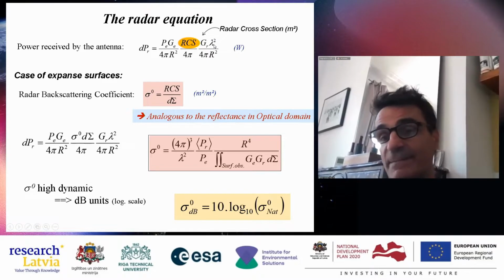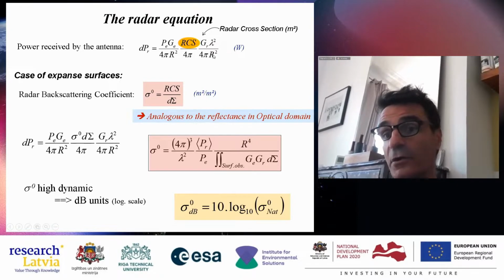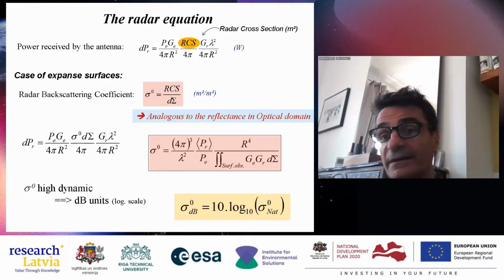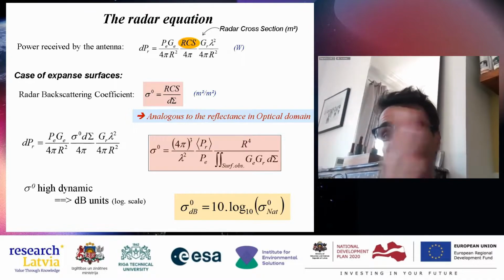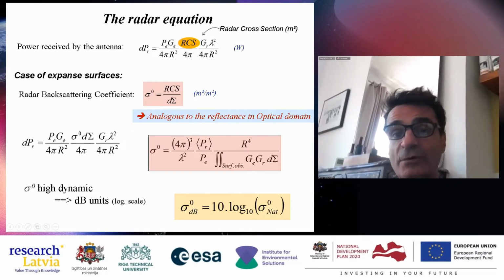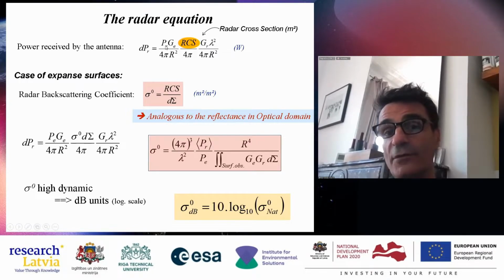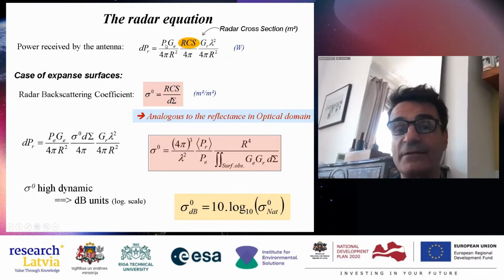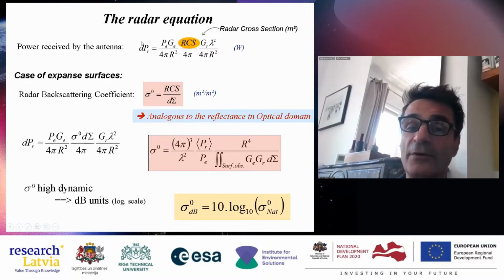Lambda is the wavelength depending on the system. R is the distance between the antenna and the Earth, and a radar is computing R because it measures the time delay between the pulse emitting and the echo that is backscattered. So it knows R. Everything else here are some system constants: the emitting power, the emission gain, the receiving gain, and there is just one thing relating the recording